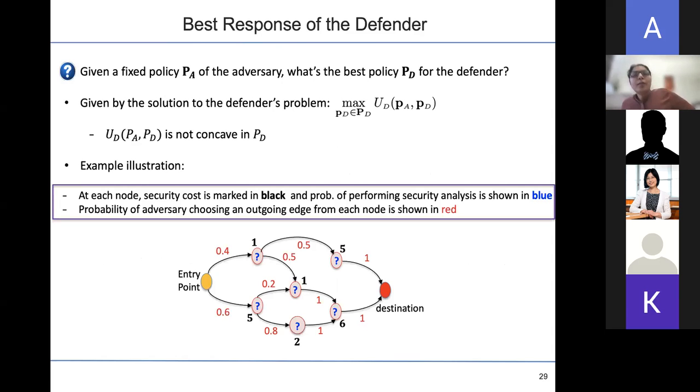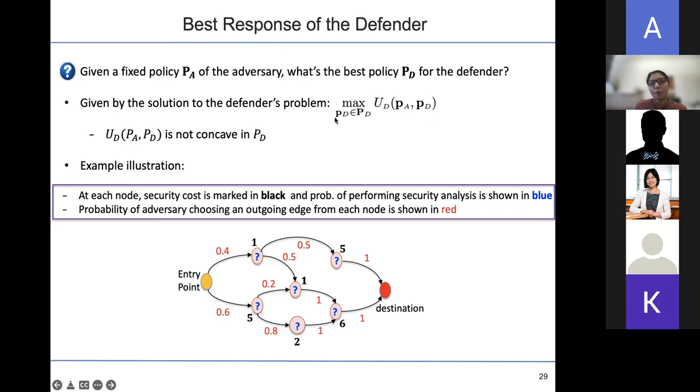Okay, so moving forward, for solving the games, the goal is to solve the Nash equilibrium, but we'll be first analyzing the best responses of the players. What do I mean by best responses? You will fix the strategy of one of the players and solve the optimization for the other player. To formalize this, let's consider the best response of the defender. So to find the best response of the defender, we will fix the adversary's policy to some PA and then try to find what is the best policy for the defender, right? So in other words, we'll be trying to solve this optimization problem here, but the change is that here PA is now fixed. So we fix PA and solve this optimization problem.